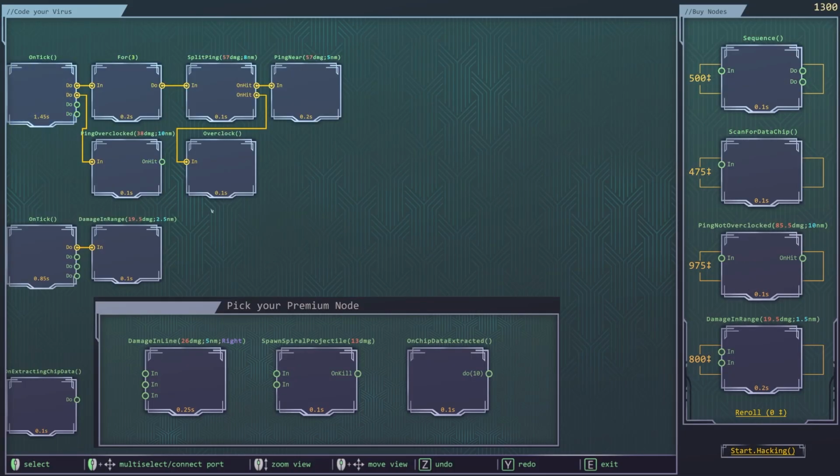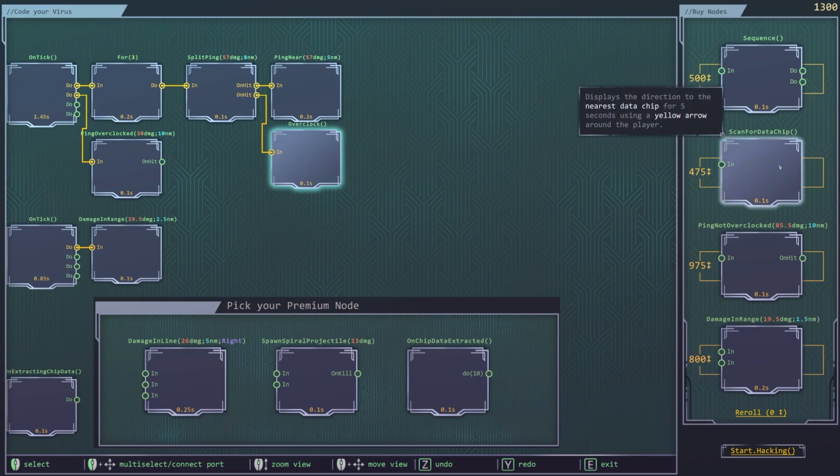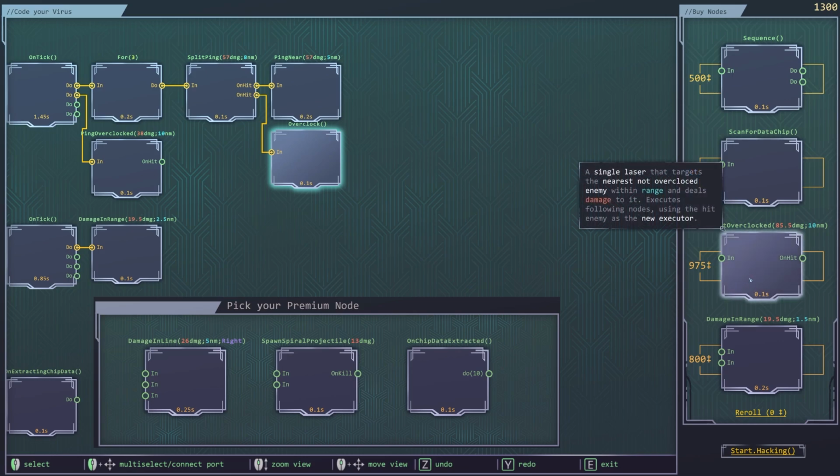Okay, so what do we have here? What can we do? Let's move this over here. We have scan for data chip. I don't really care for that. The maps are small enough that I don't feel like this is at all necessary. We could ping not overclocked for a ton of damage, which, how would we best do that? I suppose I could just put this on an on-tick. Or...